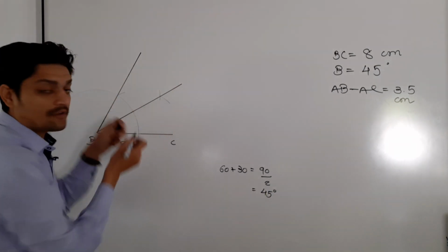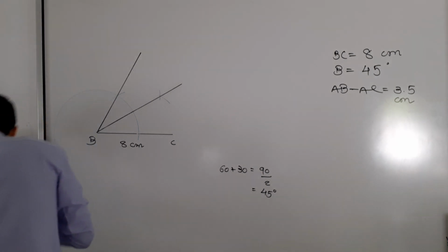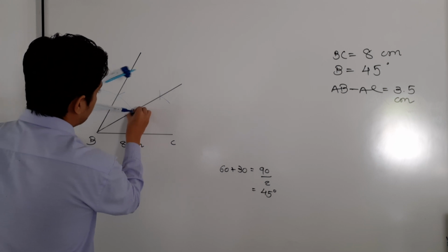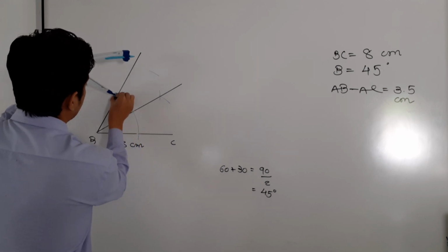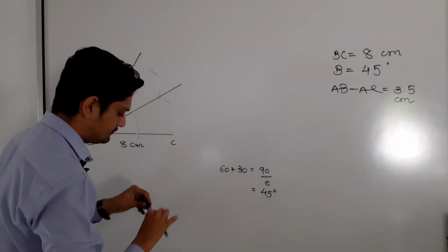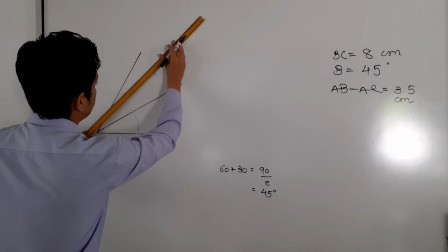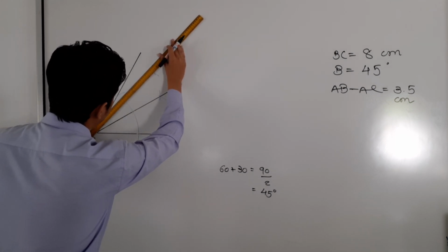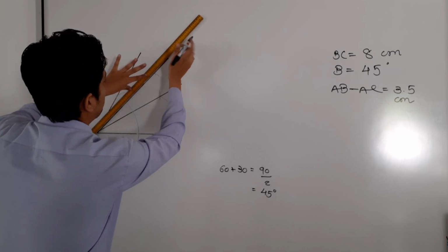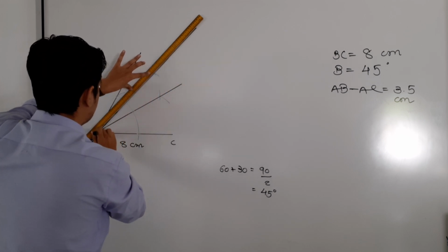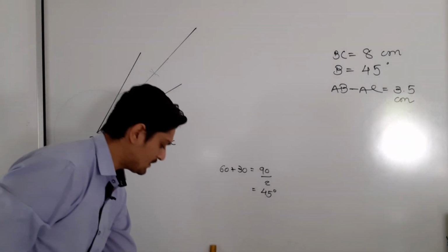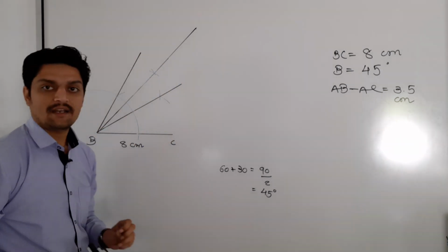So now we have to draw its bisector. How to draw? Again here pointer, one arc, again here one arc, and from the intersection like this. So this is our final one. I will draw this a little bit big. This is our 45 degree angle.